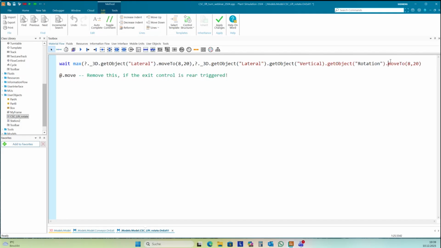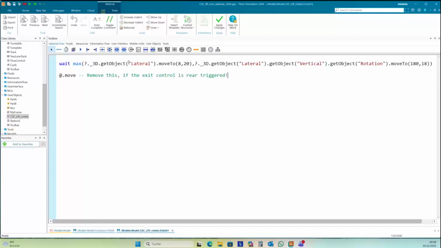Point, move to 180, maybe within 80 seconds. Here I missed something. Okay, this is for max. At the end, 7. Yes. It's all inside max, and the maximum time should be 20 here, and here it's 80. This should wait 20 seconds then.